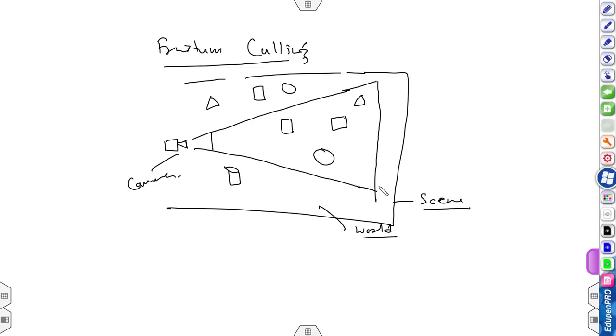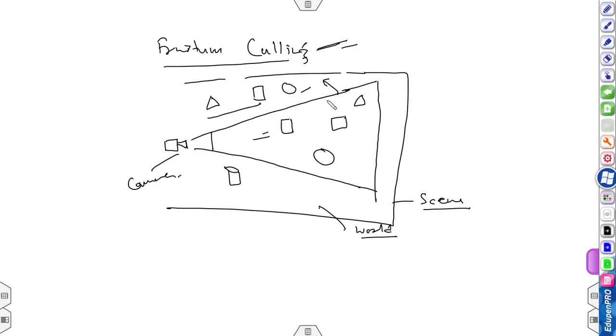Now it is possible that our scene may be filled with various game objects, and there are a few game objects inside the view frustum and a few game objects outside the view frustum. So frustum culling is a process of removing the game objects which are completely outside the view frustum.